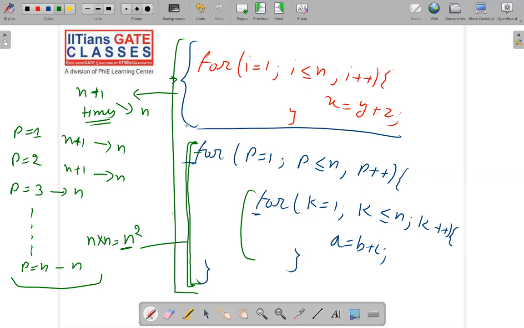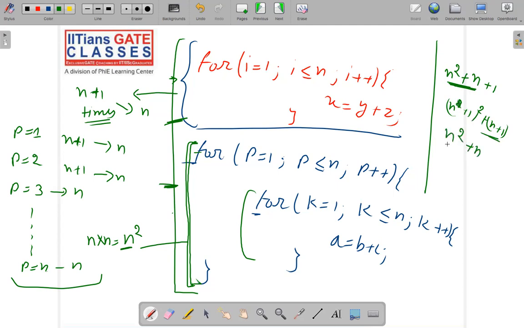It's actually, if you see n for this, n square for this. So let me write it here. It's n square plus n. Okay, n square plus n. So somebody can add one here, or somebody can say n plus 1 square plus n plus 1, something like this. So we are taking approximate value, so we can say that it's n square plus n,